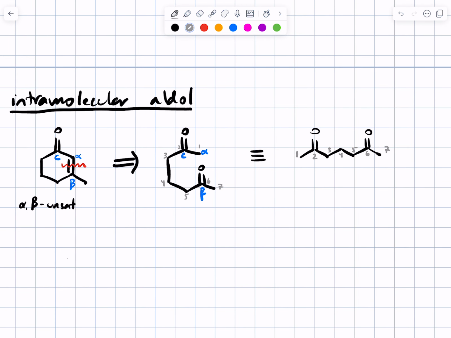In our discussion of thinking backwards from alpha, beta unsaturated carbonyl compounds or beta hydroxycarbonyl compounds, we did this example where we noticed that this cyclohexenone ring could have come from this precursor in which one side was the enolate and the other side was the carbonyl electrophile. And without even noticing it, what we had done is think backwards through what's called an intramolecular aldol reaction. An intramolecular aldol reaction is one in which you have both the enolate and the electrophile carbonyl compound